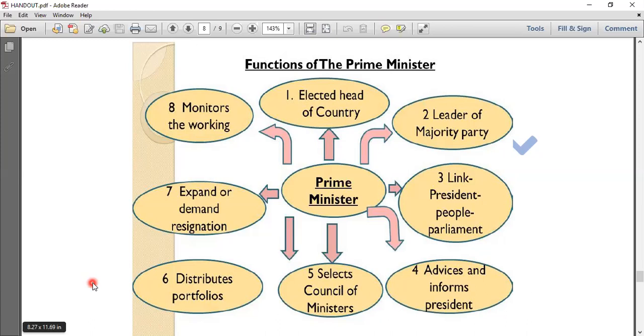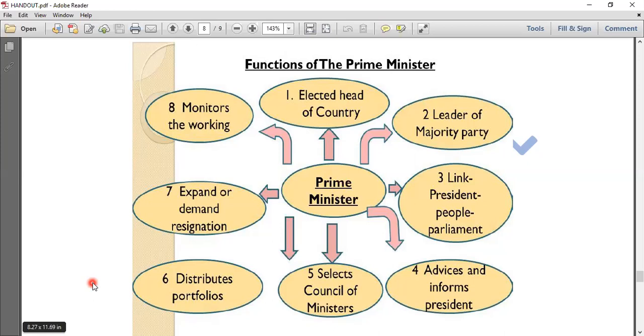Say to Ramu, he is giving the education department. To Shamu, he is giving the health department, right? So this is the way he's actually giving these departments depending upon the expertise of the person to handle that team, right? So this is how he gives them the department for which they're going to be working. Then the next one, expand and demand